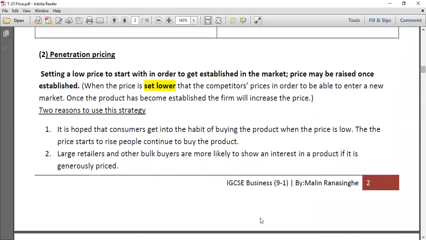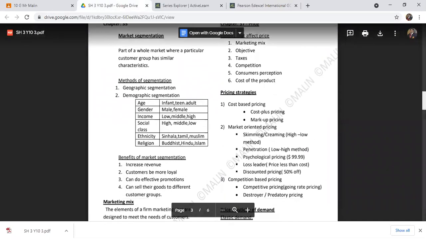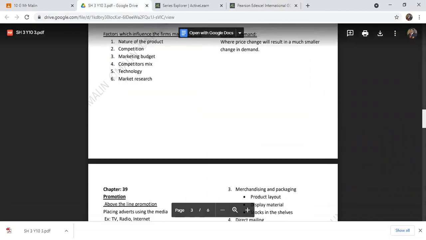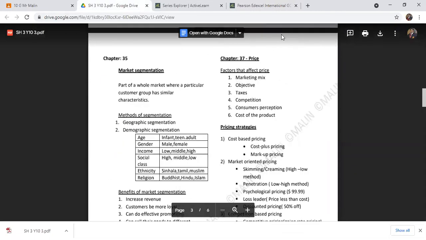Okay, this one actually, the cost plus pricing strategy, everything I have given in my short note as well. So later on, I'm going to share that with you. In this short note, you can see pricing strategies, everything: cost plus pricing, market oriented pricing, competitor pricing, and then, right? So today I'm going to give you this one short note in the